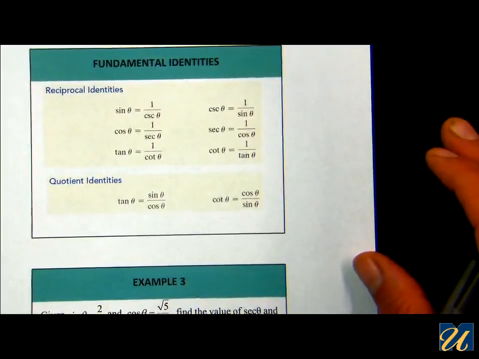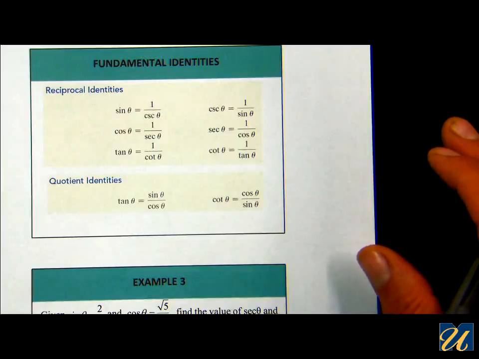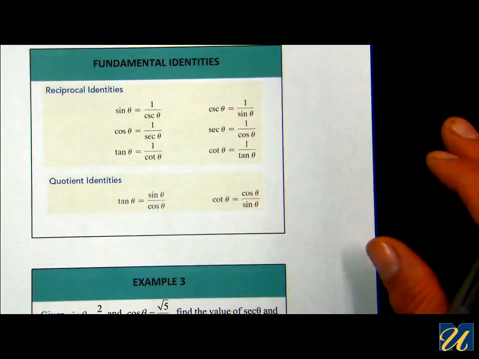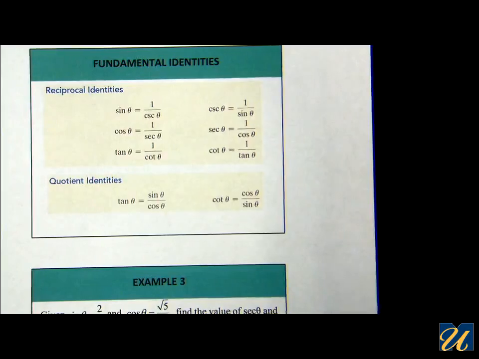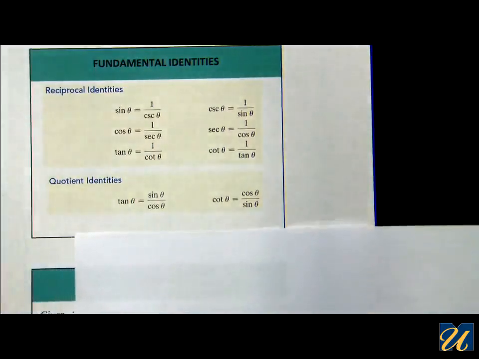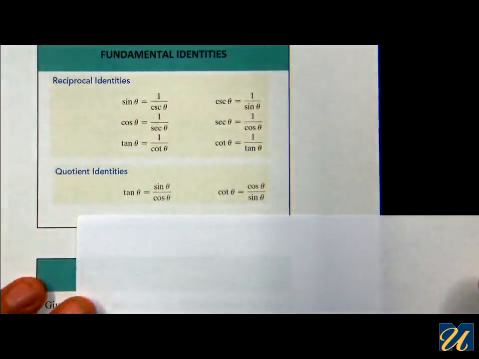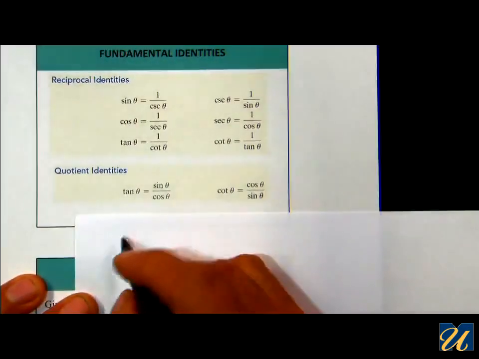The tangent and the cotangent, we have quotient identities. Quotient just means the division of two things. The tangent is also defined to be the sine divided by the cosine. And the reason why that is, let's see,